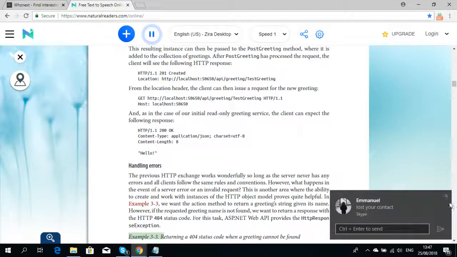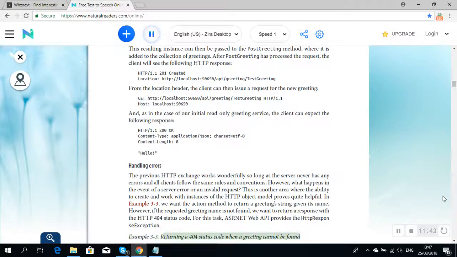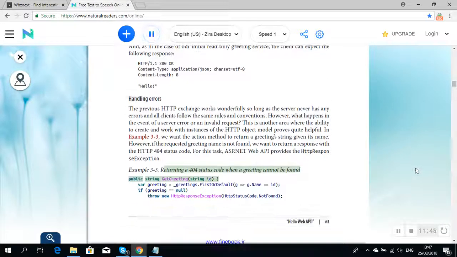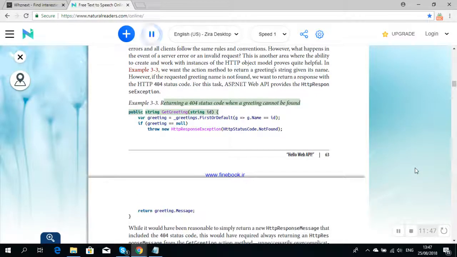Example 3-3. Returning a 404 status code when a greeting cannot be found. public string GetGreeting(string id) { var greeting = greetings.FirstOrDefault(g => g.Name == id); if (greeting == null) throw new HttpResponseException(HttpStatusCode.NotFound);